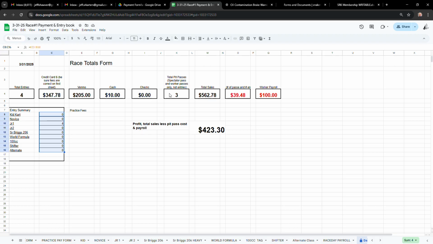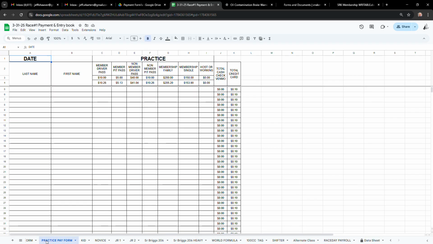We can get, how many pit passes do we do in a single race? We can kind of average that at the end of the season if we want. How many entries we averaged gives you an overall right here of how many entries per cart, so we can go in and average those if we want. Practice fees, we can put in some totals a little bit later on. That's just something I started and did not finish, but you can see where this can become beneficial. And then, of course, I want just a quick glance at the end of the day just to make sure that that's right. So I hope that explains how to do it, but key points are,